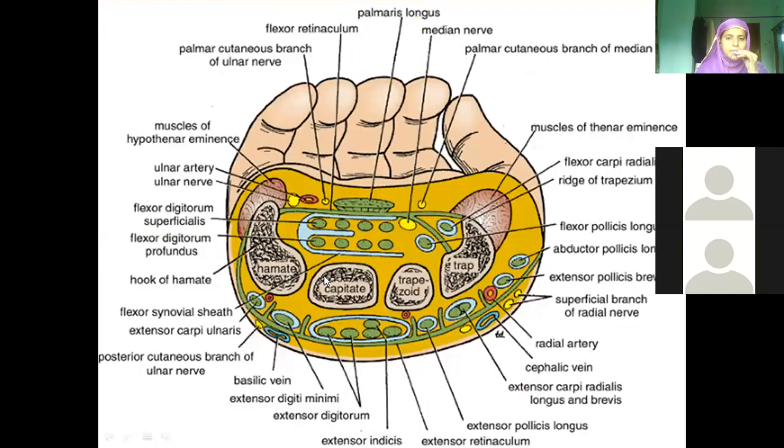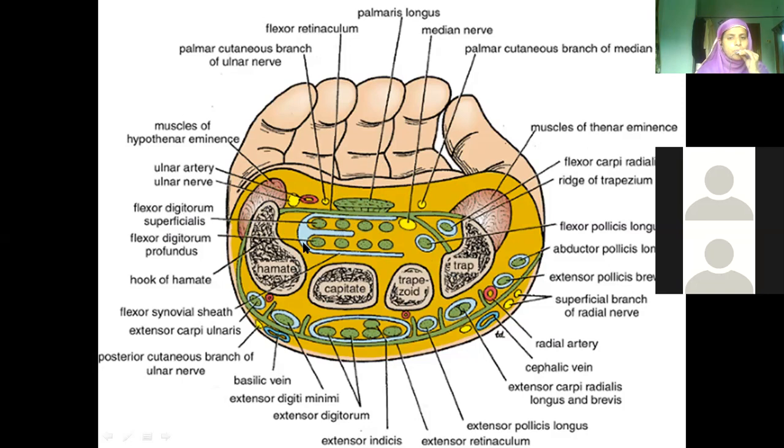Okay. Now let us try to see the layout of the structures we have studied just now, because you have just studied the muscles, so it becomes easy for you. You can also remember the palm. When we study the palm, we have the thenar space and the midpalmar space. That also will become easy if you understand this picture. Skin you have reflected, then you will find the superficial fascia. What is the name of this muscle? Four tendons. Flexor digitorum superficialis.